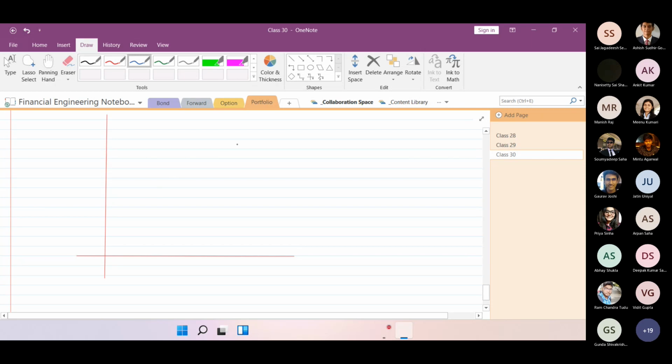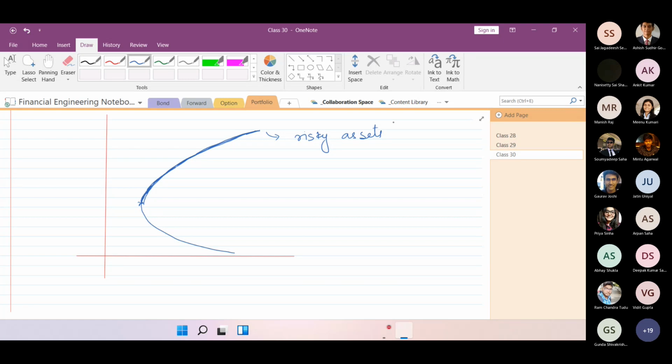Suppose we have a Markowitz efficient frontier, which is something like this. I draw it completely, but what we are interested in is the first part, which is the efficient one, so I have darkened it. Now, this is all about the risky assets, correct? Yes. If I add one riskless asset,